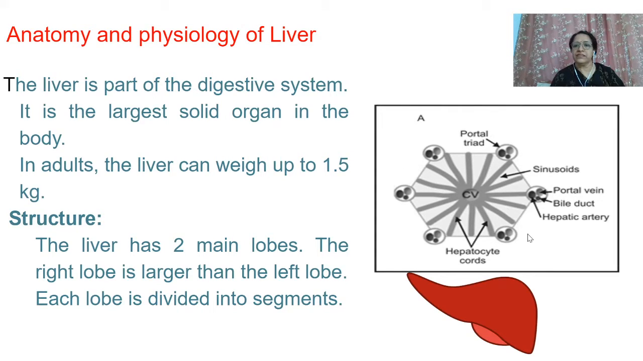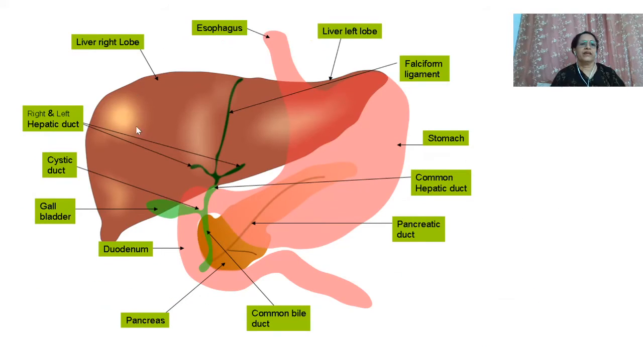In this, you can see one cross section of it where there is an entry of a portal vein, bile duct and hepatic artery into the liver, which is called a portal triad. A large number of hepatocytes are present in the liver. So here in this figure, you can see this is the liver, right lobe, and this one is the left lobe